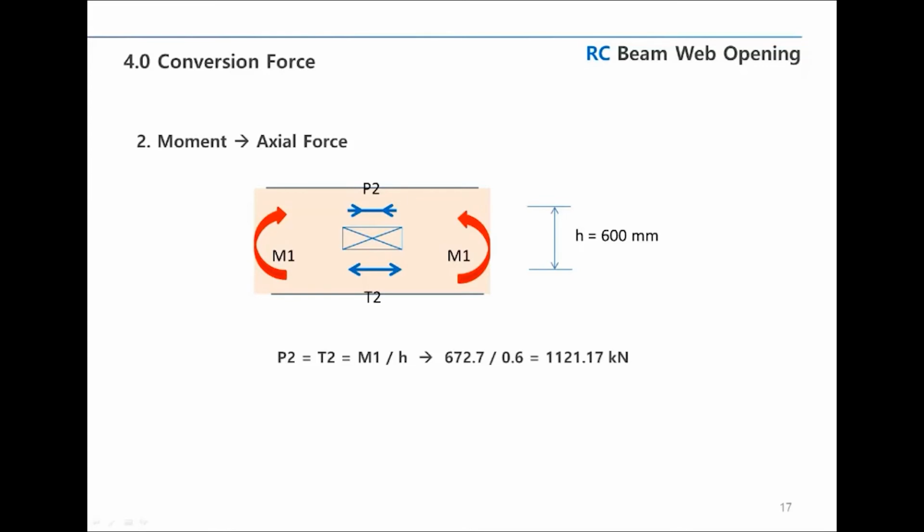Therefore, the converted axial force is M1. So by dividing 672.7 kilonewton per meter by 0.6 meter, we can know that the tensile and compression are changed to 1121.17 kilonewton. Of course, depending on the direction of the moment, it is converted into upper compression and lower tensile